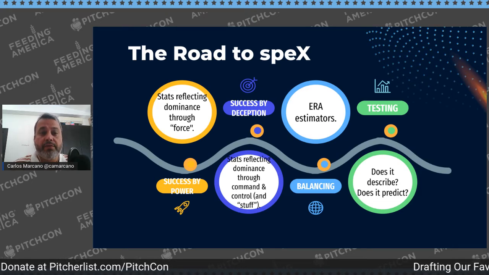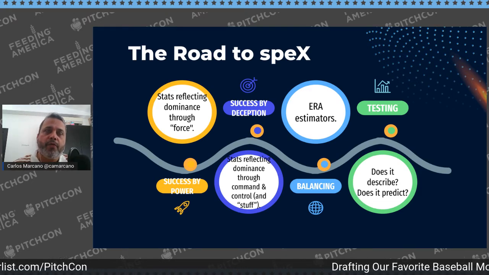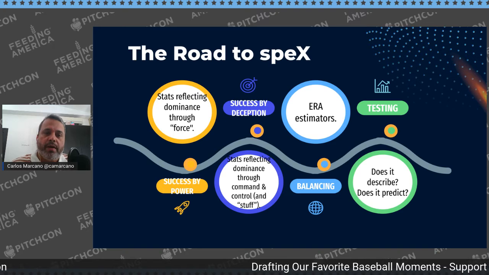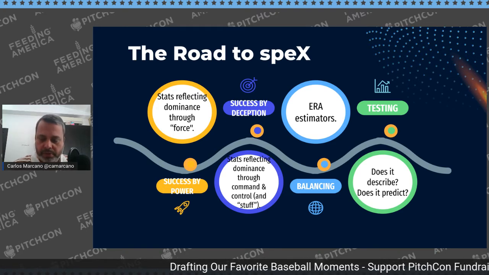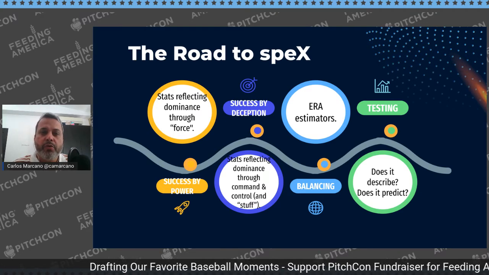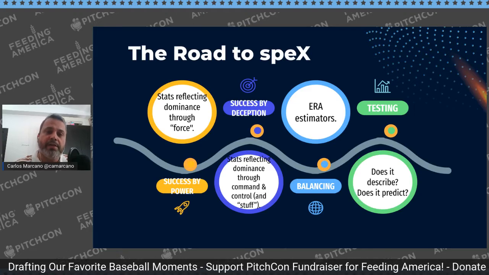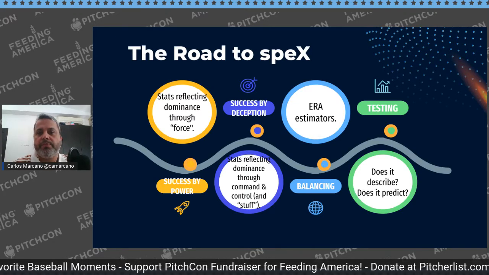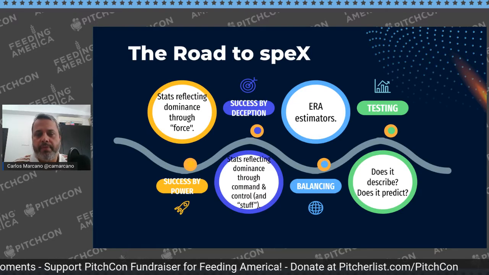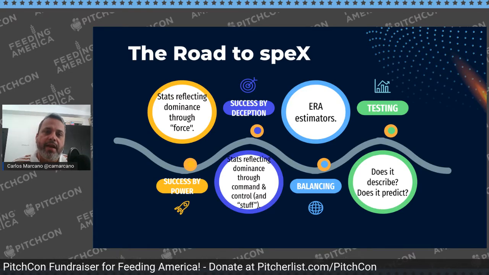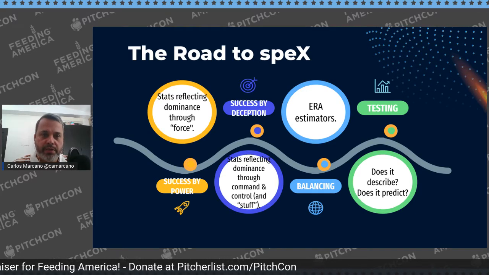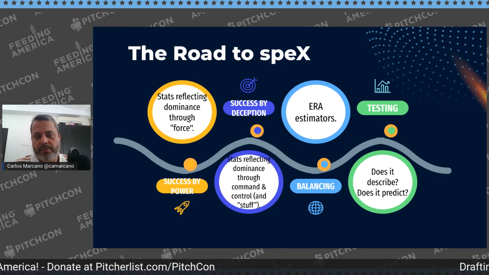Of course, it's not all about dominance. There's also command and control there, but especially in this age of baseball, most of the dominance goes with the speed and the way these crazy fastballs interact between the pitcher